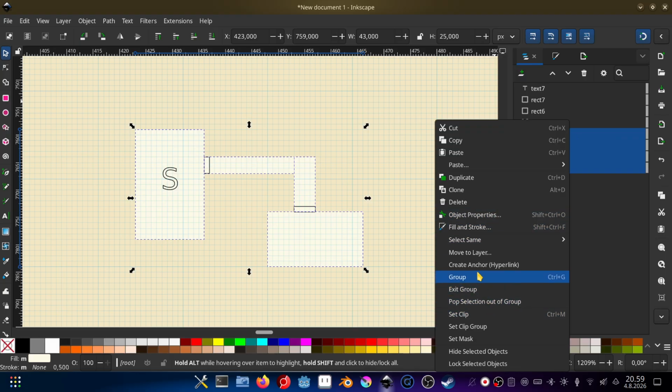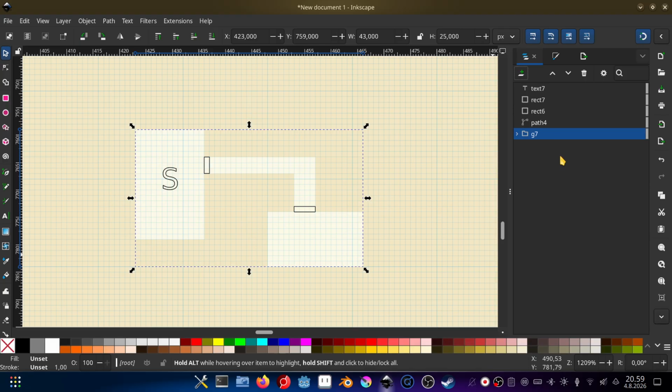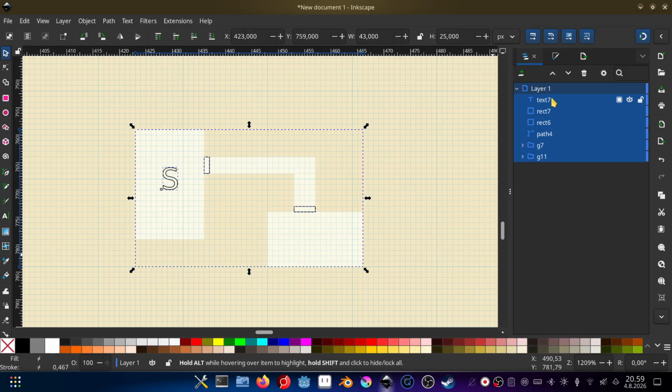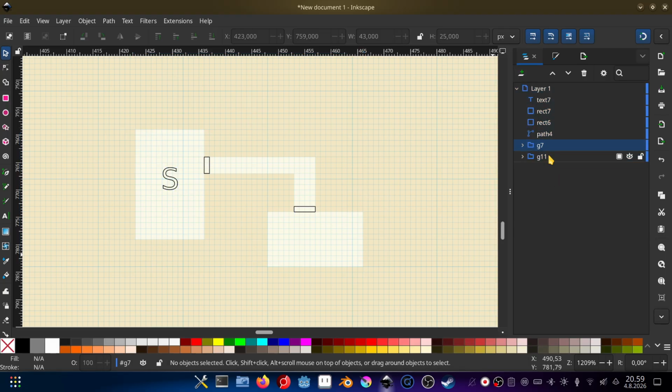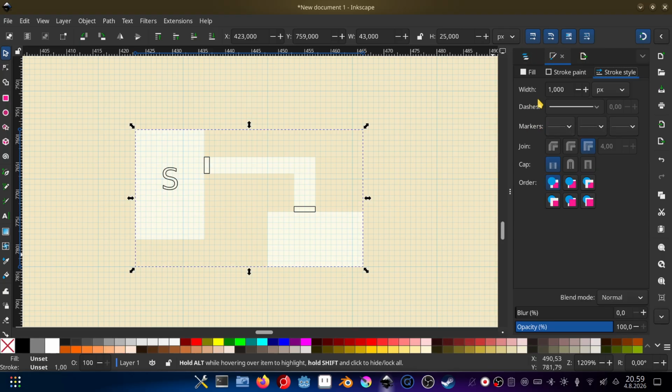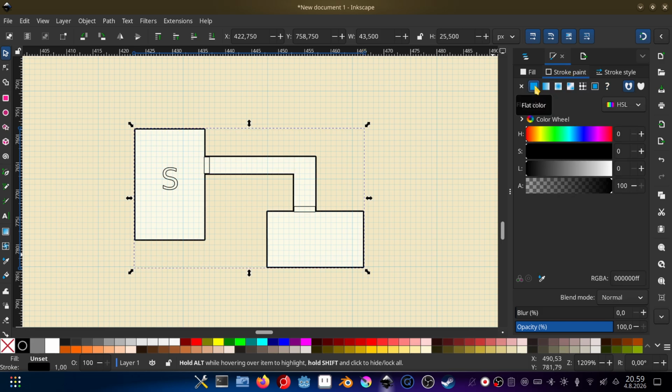Let's group them like so, then duplicate that group, move that farthest down actually, and make them all be in a layer like so. Now group 11, it automatically named it group 11 there, let's just go to stroke like so, something like that,